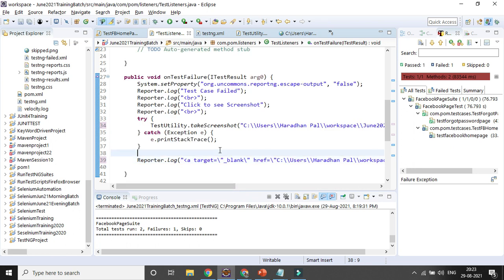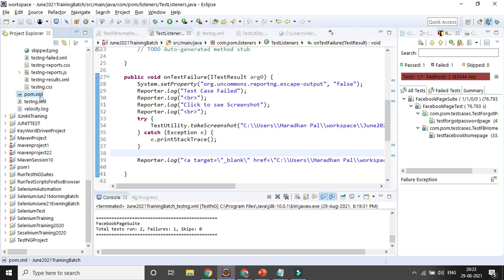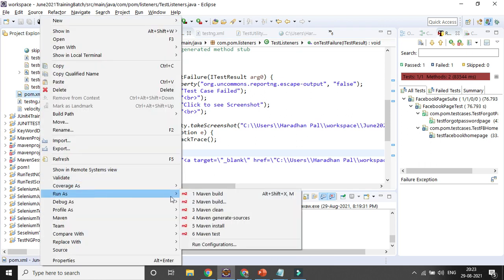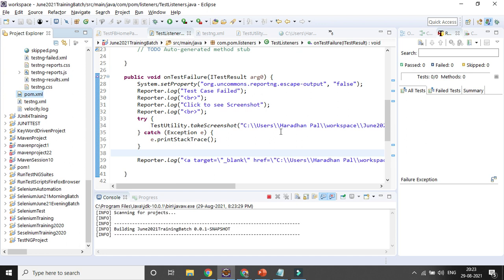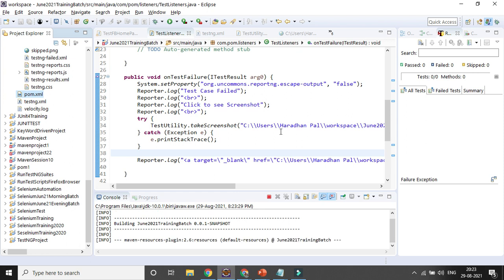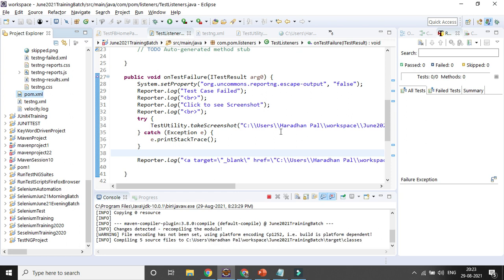Now instead of running from the testng.xml file, I will run it from the pom.xml file with Maven test, so you can run directly from the Maven project. Let's see whether my project is successful or not. You can see it is working with the help of Maven test.